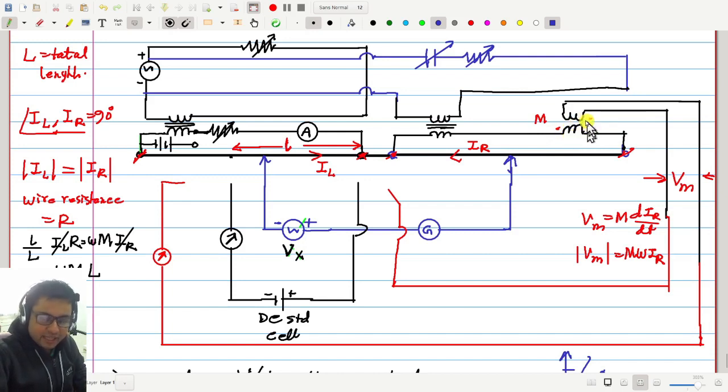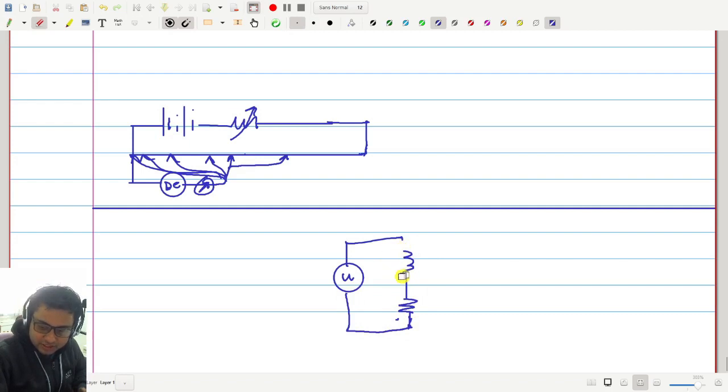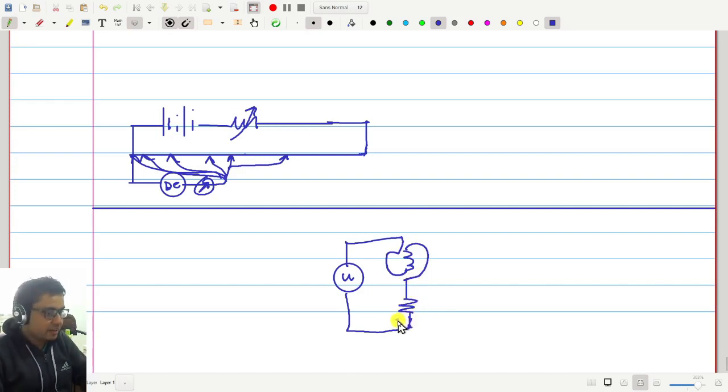Basically, what do you have? This is an inductor in series in this line, and if you just change the two terminals of an inductor in a circuit, the same current will still flow. It's like a supply, then an inductor, and then something else, maybe a resistance. If you just reverse this, the current is not going to change, because an inductor is the same from both sides.